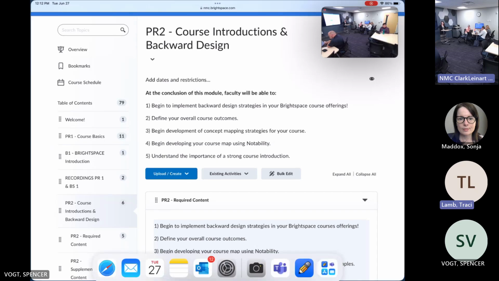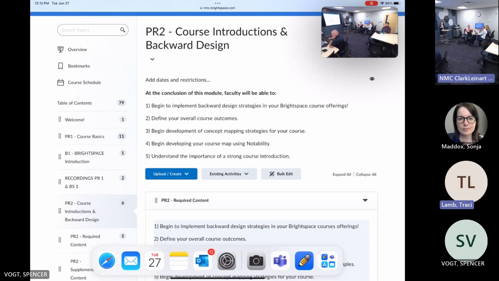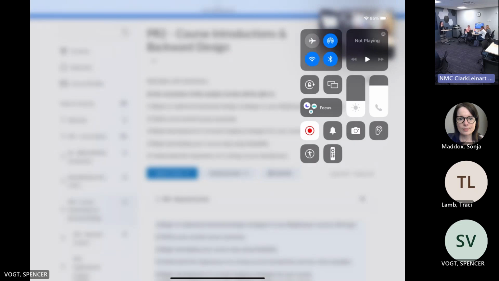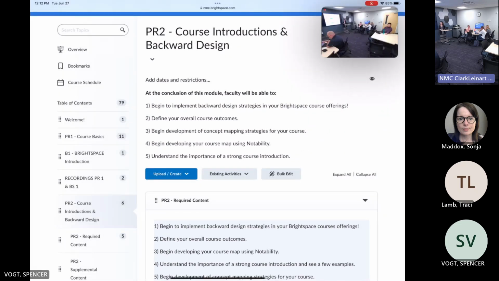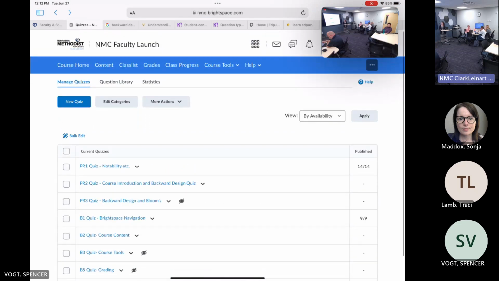I can see it now. Yep, that's what I'm using. And you want me to share? Okay, yeah, go to the V2 module for Brightspace content. Sorry, give me a minute.